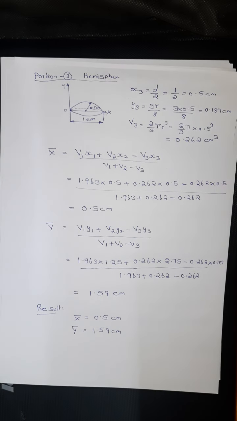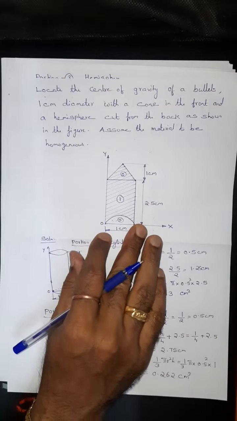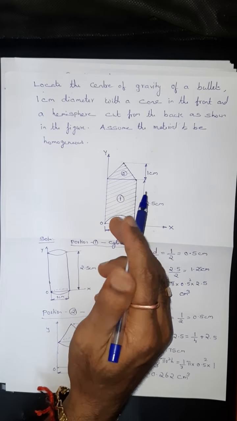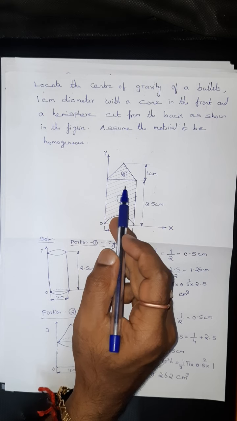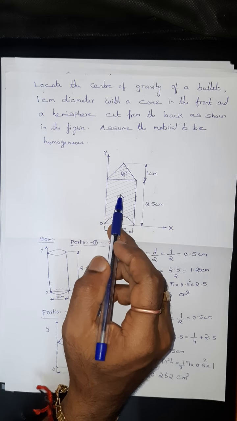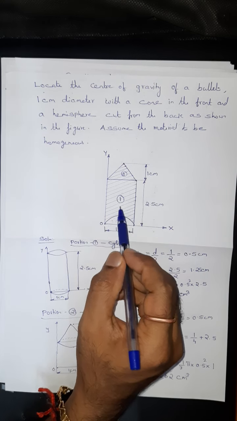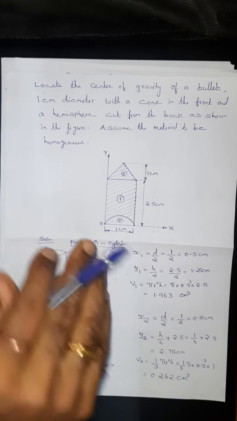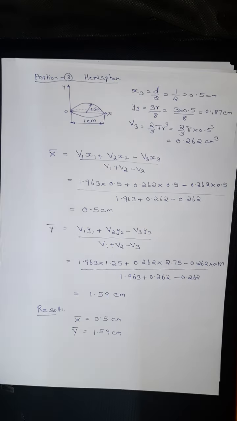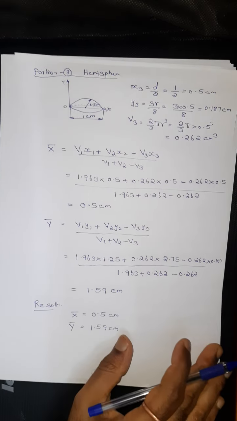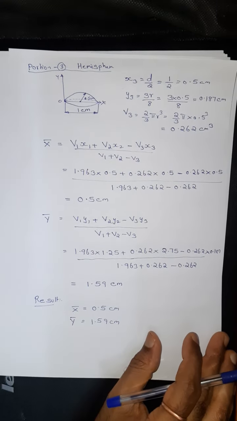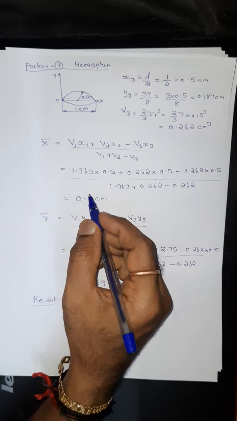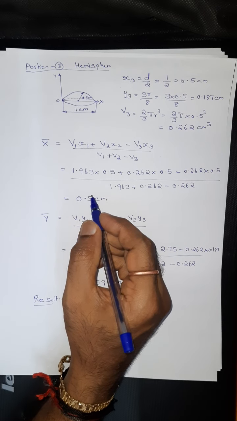So hope you have all understood how to solve such problems. You just have to look at the given figure, what is the type of the composite objects here. So within the object if any other object is embedded, then you will have to subtract that particular portion. So this is how I have calculated and arrived at the values of x bar and y bar. Hope you have all understood when you have such a problem from the center of gravity of compound solids. Thank you.